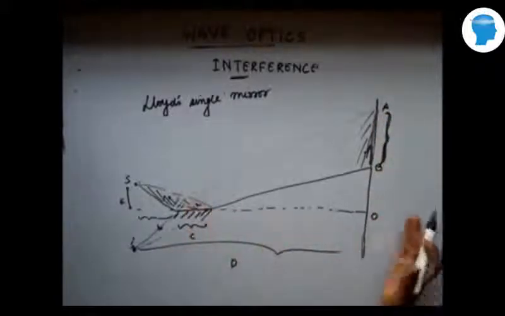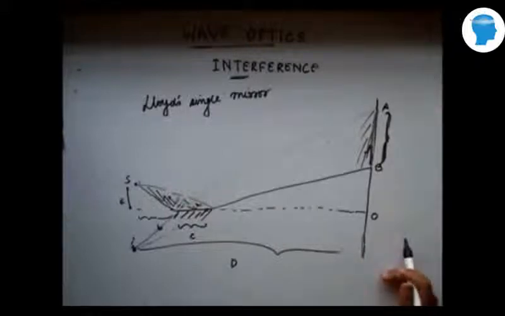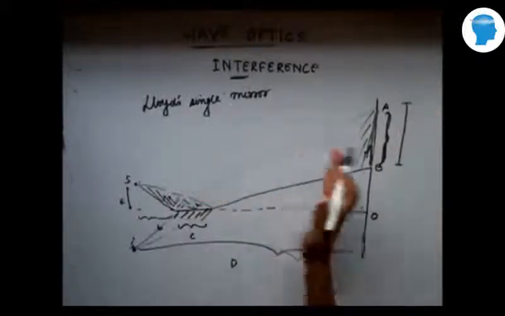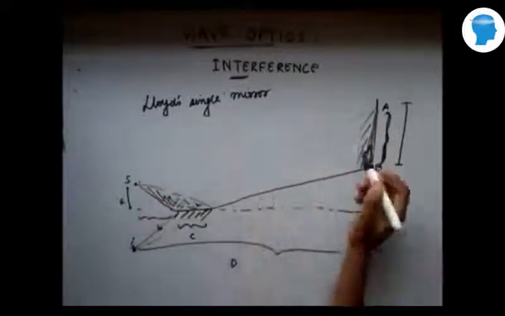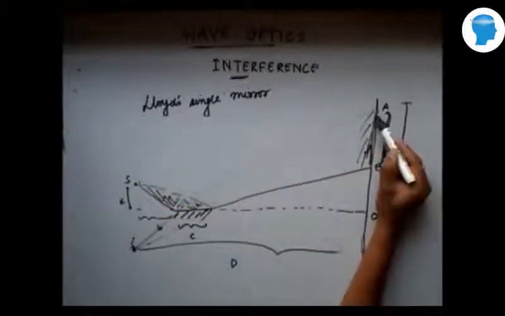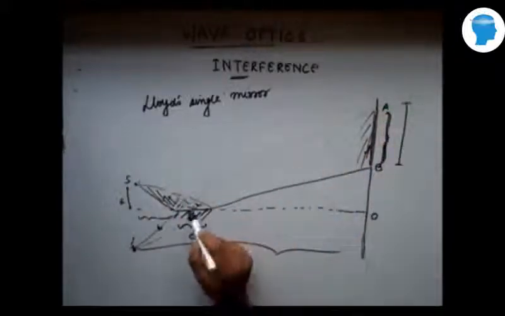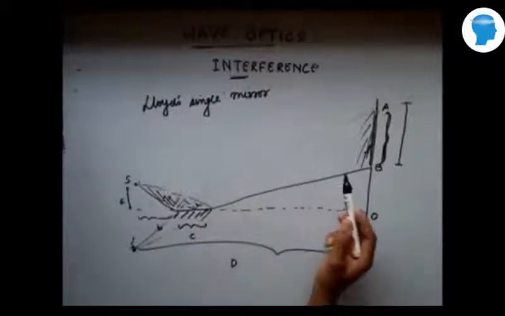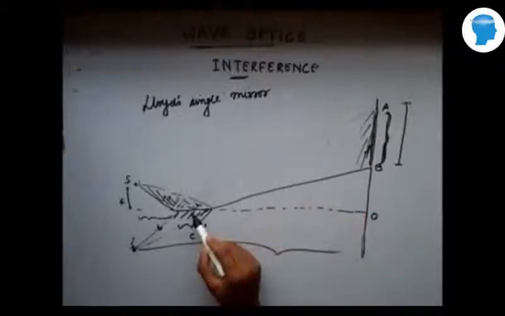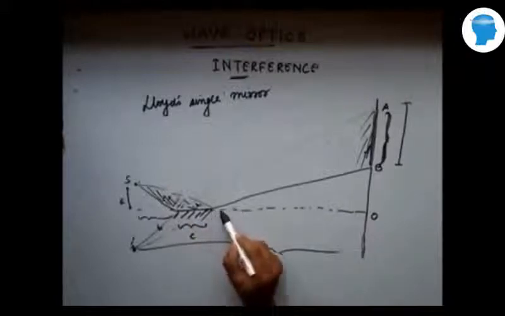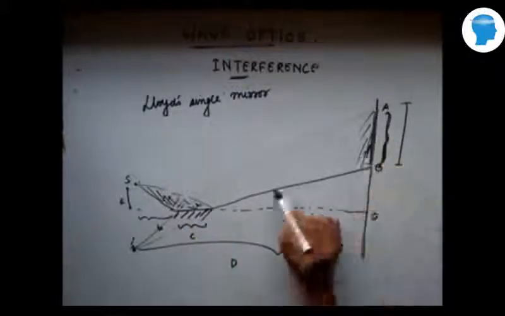In Young's double slit experiment, we had an interference pattern throughout the screen, but here we have an interference pattern in this portion only, because the two light waves basically strike the screen only in this region. The first one is directly hitting the screen, the second one is hitting the screen after reflection. And these are the two extremities of the mirror, and that's why we got these two extremities. Okay.